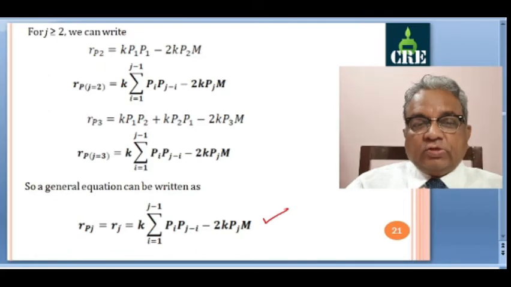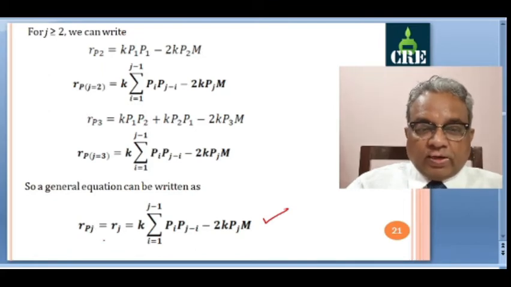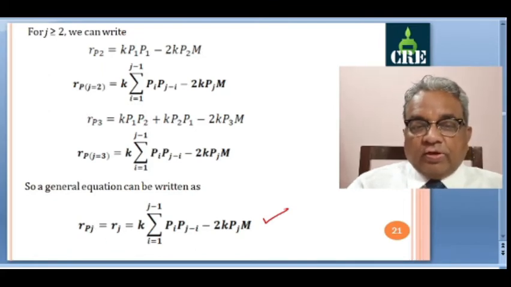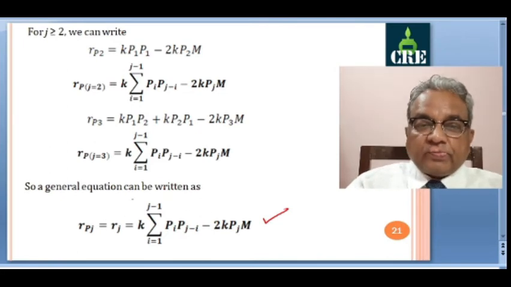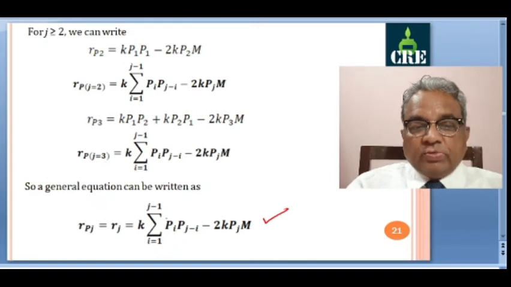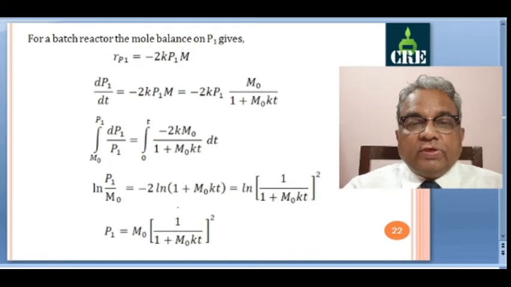So for j equal to 2 onwards, means Rp2, Rp3, Rp4, you can write these equations' right hand side by considering i equal to 1 to j minus 1. So for j equal to 3 we have written. Similarly, you can proceed further. Now we'll see